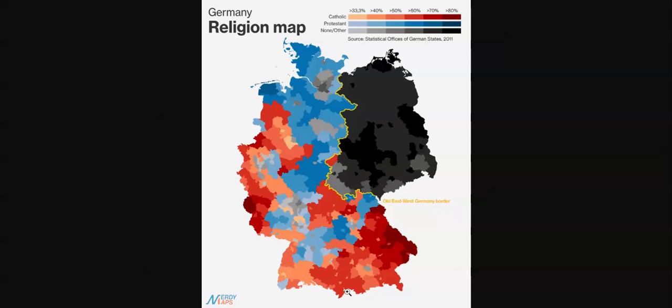And this is a map of religion in Germany. As we can see, Germany reflects the border of East Germany. The yellow, all of East Germany is atheist. The majority of the North is Protestant, while the majority of the South, like Bavaria and maybe Saarland, are Catholic, of course. Of course, there's a lot of atheism in here and here, and 30% is a huge number. Not gonna lie.